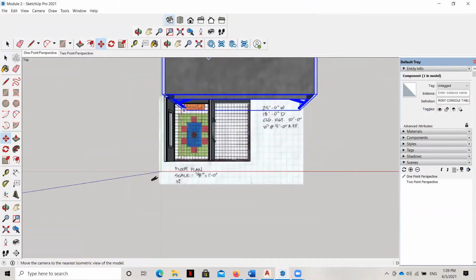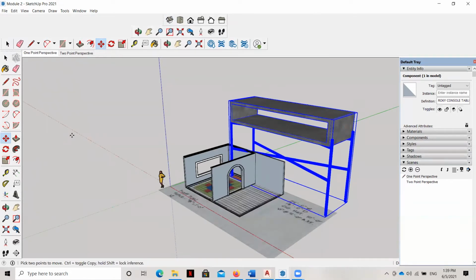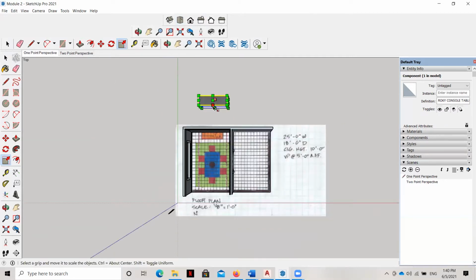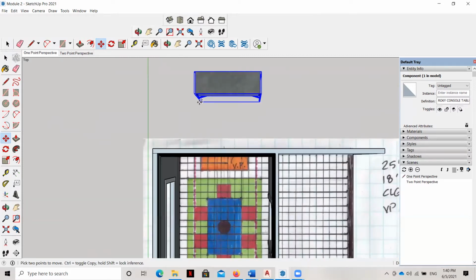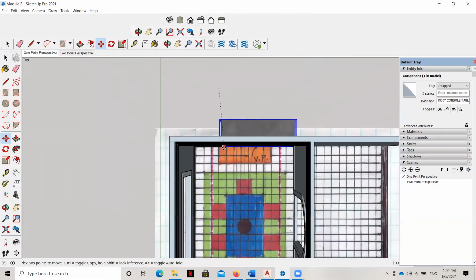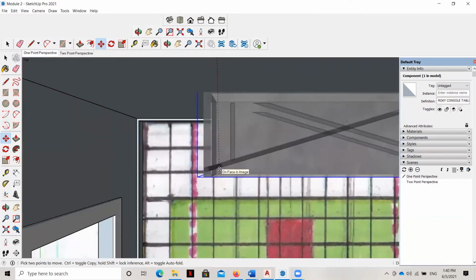So let's take a look at an isometric view. Now what we have to do is scale it down, and we can just grab one of these corners and scale it down. Notice I'm dragging the corner because that's how I can restrict all of the dimensions. And you can see it's hidden, so we're going to have to move it back. Just be mindful of the corner that you grab. I'm grabbing it from its front foot because I want to make sure that it sits right here on my floor plan.